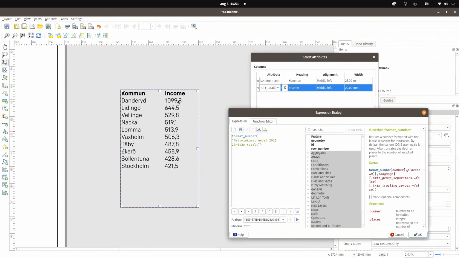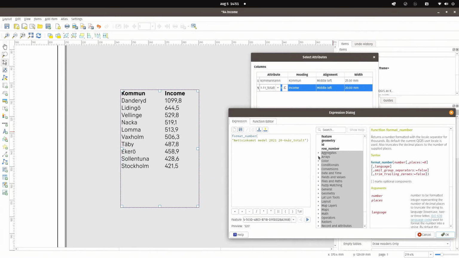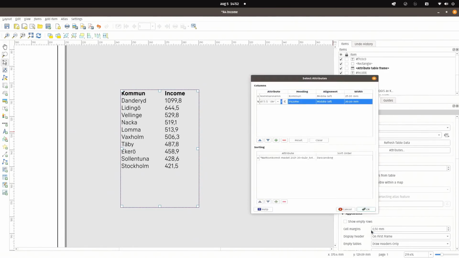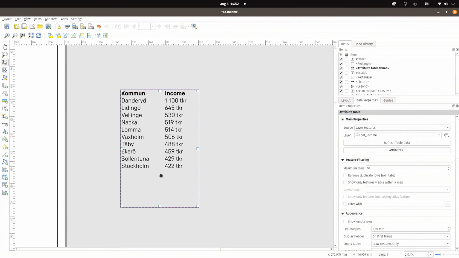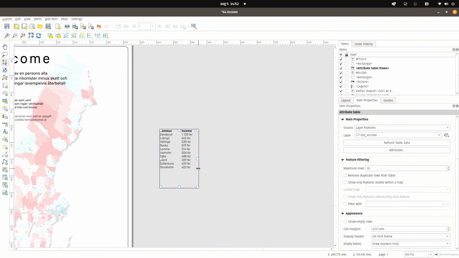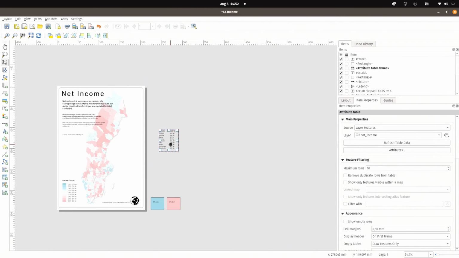Yeah, I can just round this value. It isn't really that critical. And I want to add a text, TKR. Let's see what that does. That looks a bit nicer. Like so. That's the top